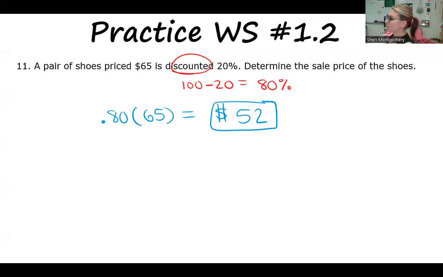Please make sure that it is money. You put the dollar sign first. The passes are on the back wall. Avery, you are actually in ISS today. So we are going to get ready